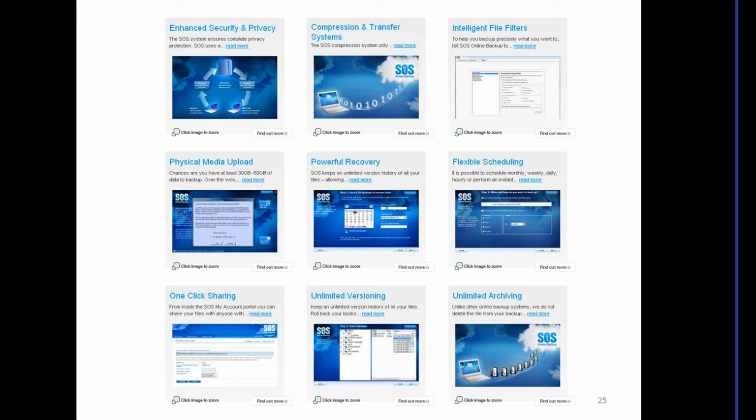One of the things we do differently is that we keep every single version of a file. So we've got some people with files that have version histories that go all the way back to 2001. And this is an extremely powerful part of the system, particularly when you combine it with the timeline-based recovery. Because if you've got a file that's changing every single day, well, we've got 365 versions of that file times the number of years that you've had the file in the system. And you can roll back and get that file any single point in time that it's been backed up,